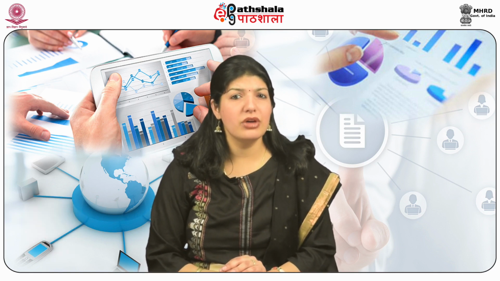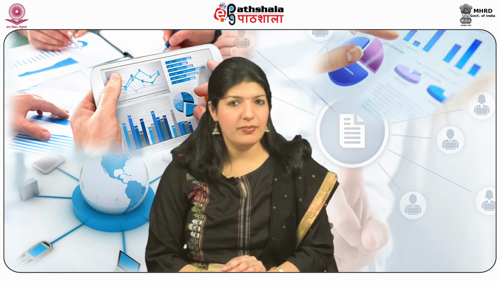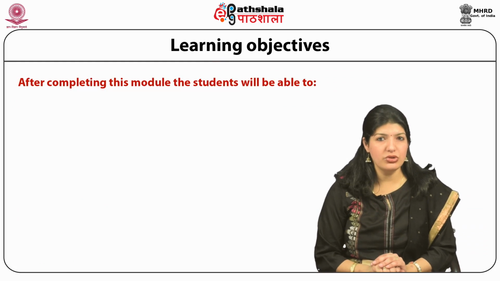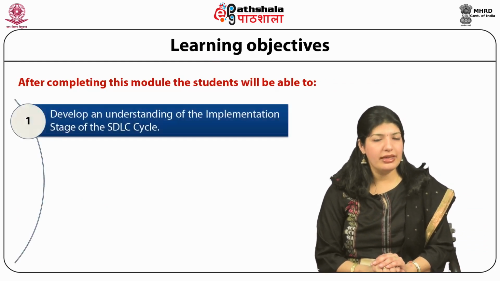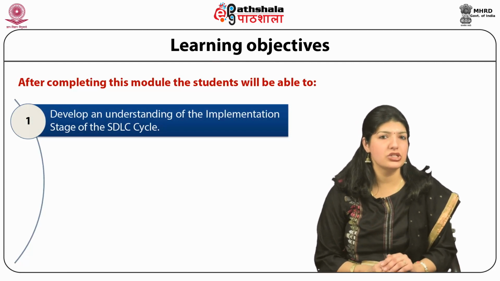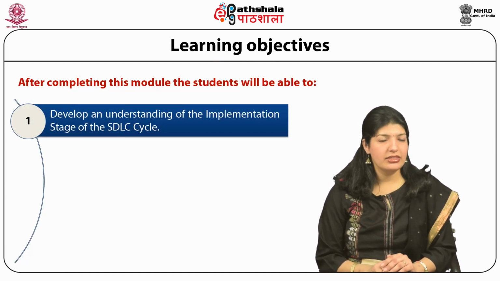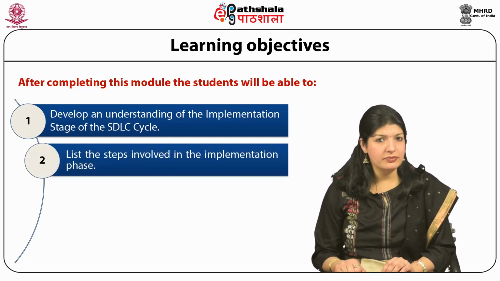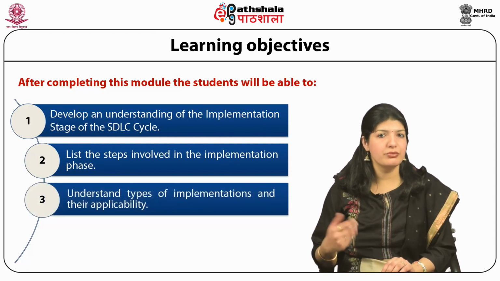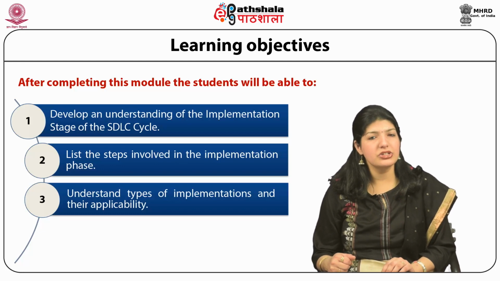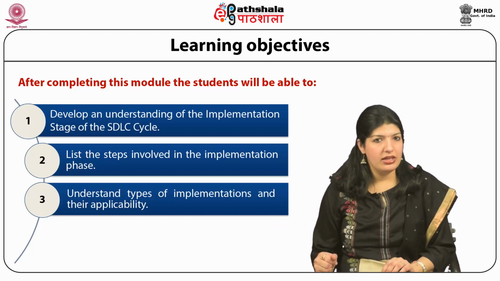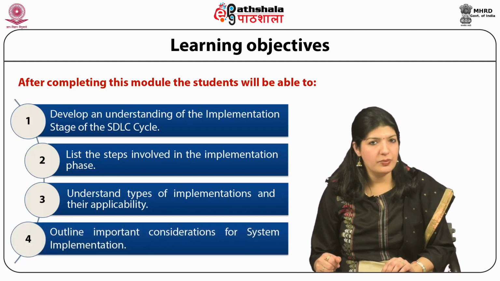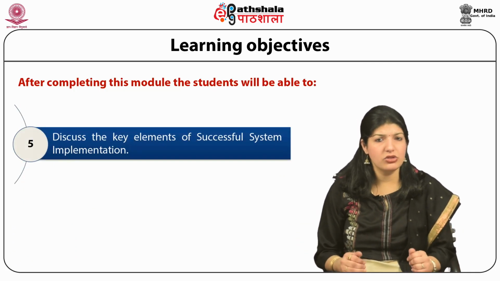Today, we will discuss the module System Implementation under the paper Management Information System. After completion of this module, students will be able to develop an understanding of the implementation stage of the SDLC cycle. They will be in a position to list the different steps involved in the implementation phase and understand the different types of implementations and in what conditions they are applicable. They will be able to outline the considerations of system implementation and comprehend the key elements of a successful